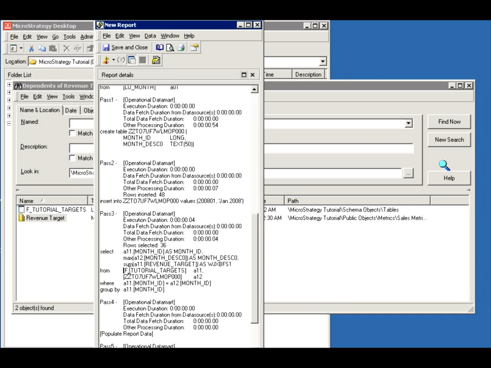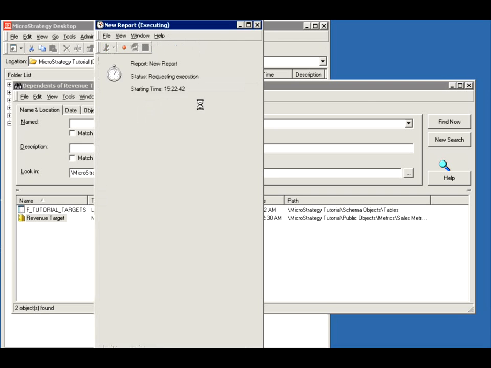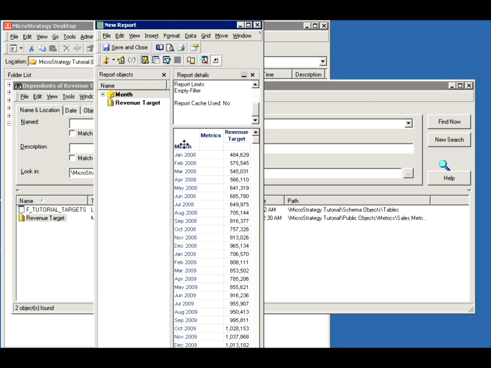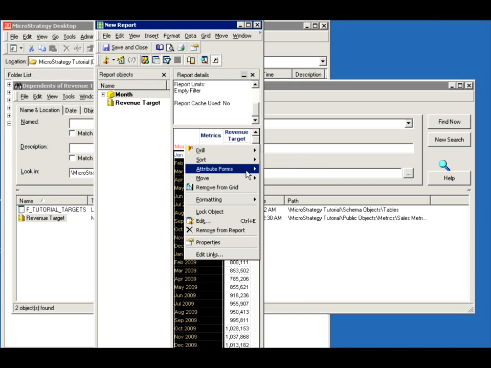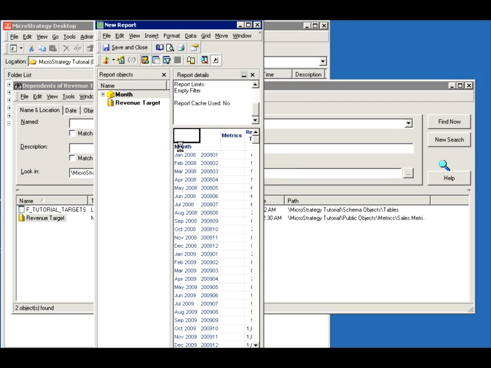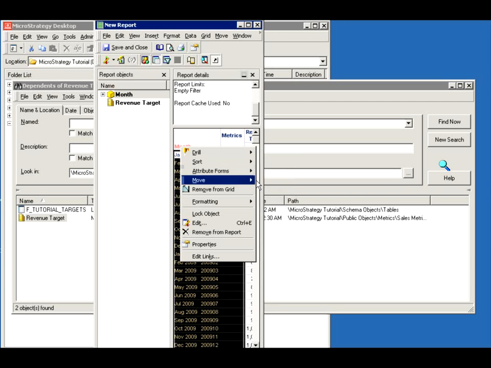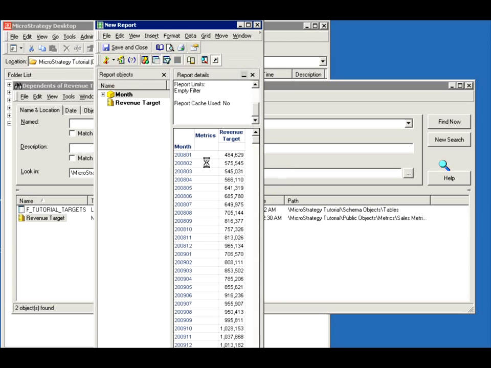Okay, that it's bringing the fact table and the month from the revenue target from that fact table. Okay, so let's go back to this table. So I'm going to remove description just to make it simple and keep the ID. Alright, I'm just doing this to simplify the SQL when we look at it. So if we look at it again,